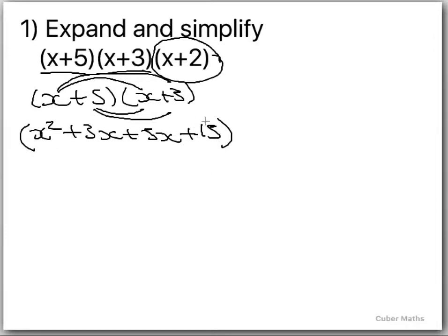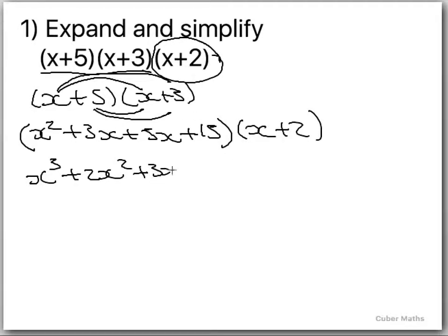So what we're going to do is times that by our x + 2. If we write x + 2 onto the end, and do exactly the same method, we're going to have x squared times x, which is going to give us x cubed, x squared times 2, which is going to give us plus 2x squared, 3x times x, which is going to give us plus 3x squared, 3x times 2, which is going to give us plus 6x,